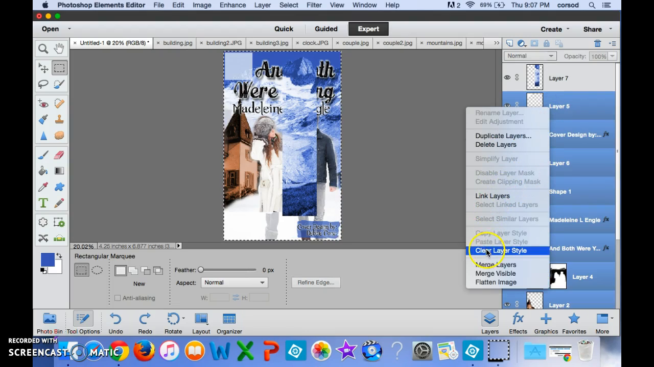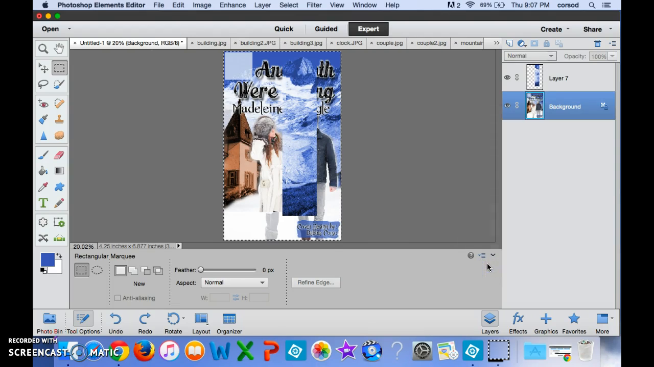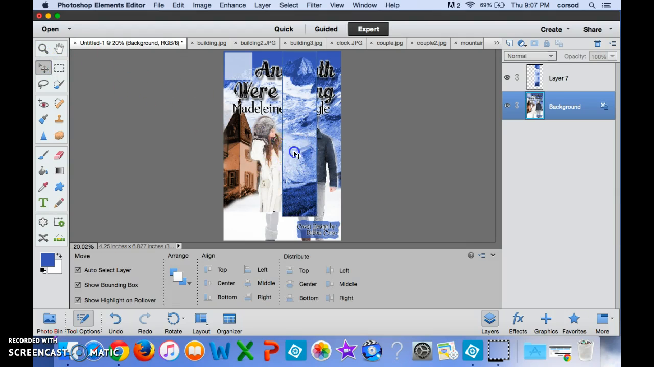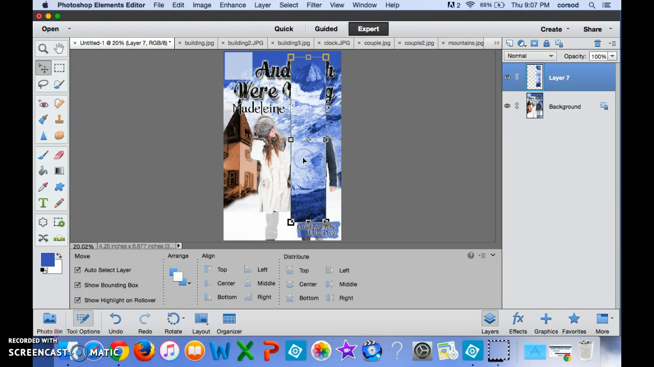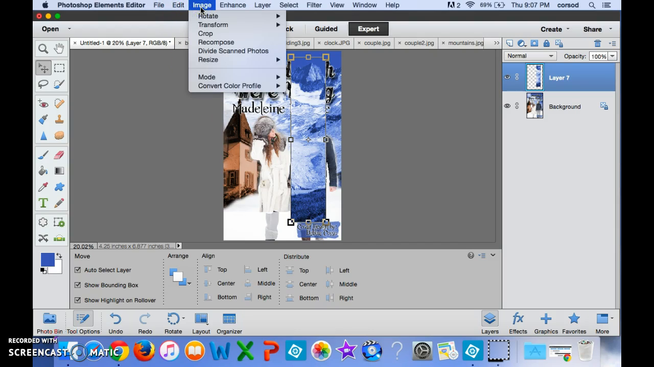So we are going to merge layers. Okay, great. So the only thing that's weird is this piece of background that I don't want to do anything with right now. Next thing we're going to do is we need to increase the canvas. We're going to be putting a spine right over here and add on to it. Okay. So as we prepare,